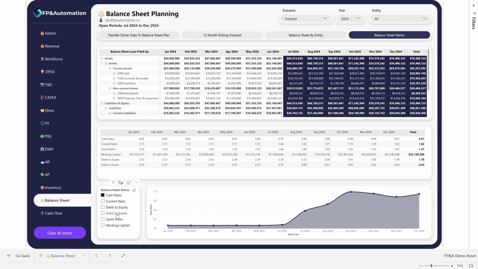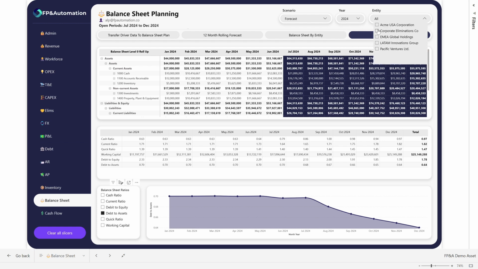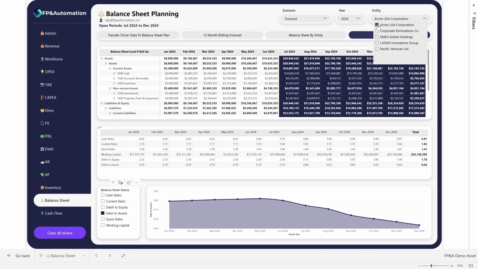And how do these ratios compare based on our forecast, based on the financing that we're looking to take on within our company? And we can see right here that financing is starting to really go down from a debt to asset standpoint, indicating that we're taking on less debt and there's more cash coming in the door, as well as there's more investment being done on assets that are yielding a return on investment for us. So these are all various different views that can immediately be sliced and diced, can immediately be filtered. And then again, we can look at various different company components, such as one company, for example, and see how those ratios are changing. The idea here is that you now have full visibility into your business from a balance